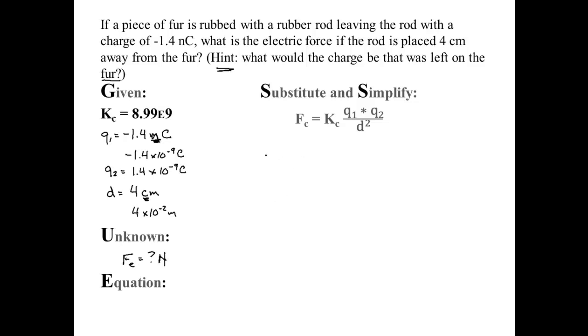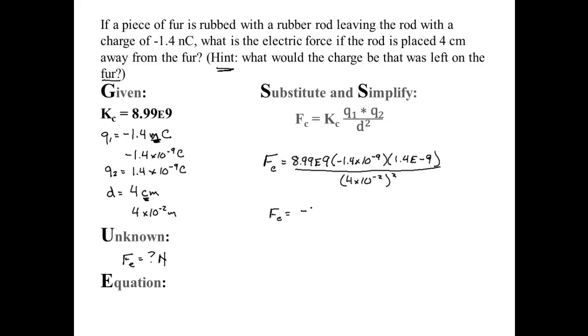Now if I replace numbers for letters, force equals 8.99 E 9 times negative 1.4 times 10 to the negative 9. You can write it in either the E notation or the times 10 notation. And so I'll try this one with the E notation. They mean exactly the same thing, it's just writing it in a different format. And then divided by 4 times 10 to the negative 2, but I have to square that. Now if I simplify the top,